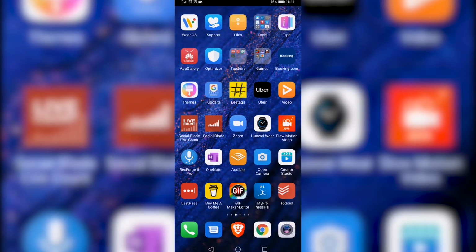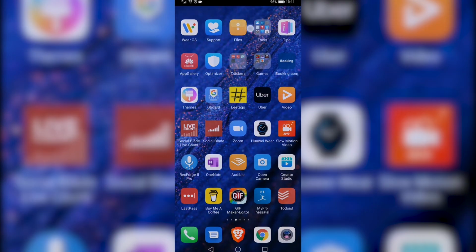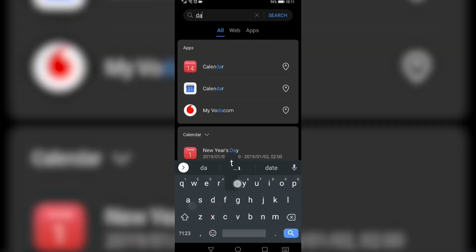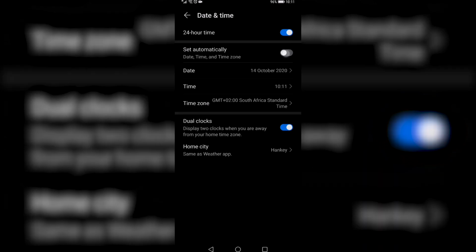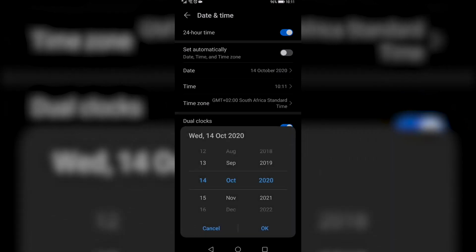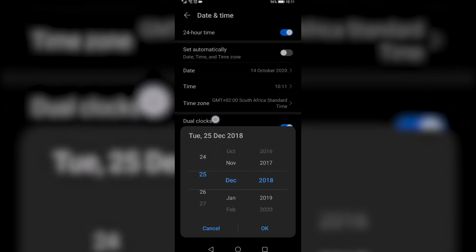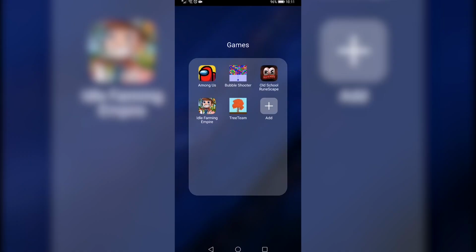And then you want to go to the settings on your phone and change the date and time. So I'm just going to swipe down and then I'm going to search for date and time. Tap on that. And then you want to turn off set automatically, and you want to go ahead and change the date to 2018 December 25th. So the 25th of December 2018, then you want to tap on OK,